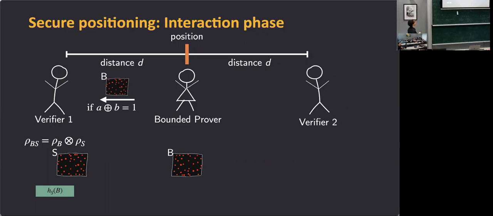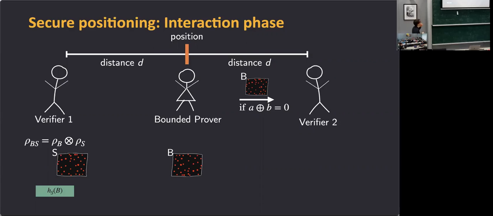Oh yeah, because if it was only verifier 2 that sent a bit, the prover could be very close to verifier 2. Yeah, but you have to wait for the box to arrive. Oh, but the box was pre-shared. It was a preparation phase. Oh, okay, but you could send the box if it travels at the speed of light, which I guess in your model it does not. It's an exponentially long thing, so it cannot go. Are you sure? All right, so the boxes cannot travel at the speed of light, according to Harry's argument. Well, here it needs to.